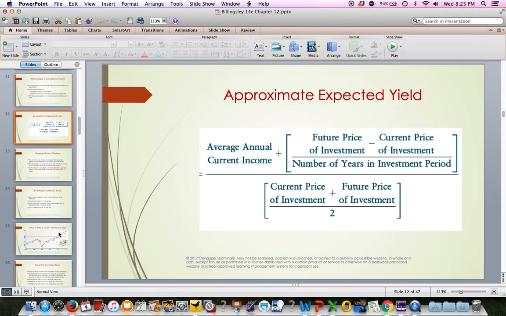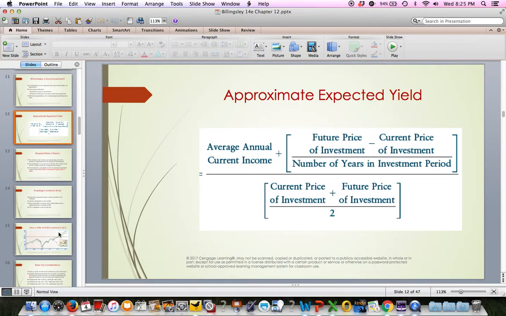So the expected yield of investment, you can see here the formula for that. And you won't be doing this a whole lot in Cengage. In Cengage, you might use this formula for a problem, but you'll be doing some ratio analysis also. There's 3 problems in Cengage for this chapter. There are no worksheets for this chapter provided by the author, but you might just need this formula. So just kind of FYI, just make a note of that. But you can see here how to compute the expected return.